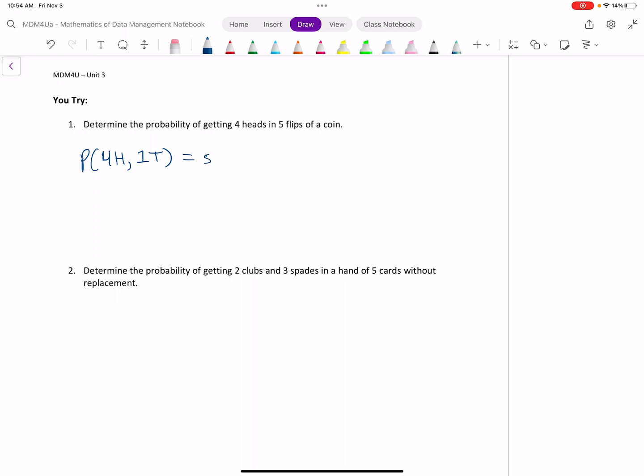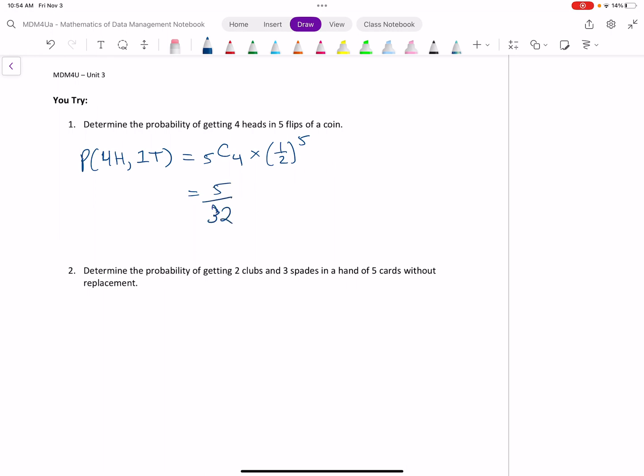So this will be 5C4. So total number of flips, choose the number of heads or tails that I want. So 5C4, and you could put it as 5C1. It still works. It's the same number. So if I could say, well, what's the number of ways I have 1 tail? And that would be 5C1. And then times 1/2 to the exponent 5, because we've got that probability, so I get 5 over 32,